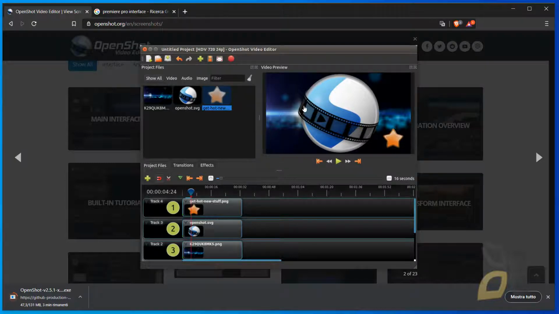Then you have this kind of bigger logo here, or maybe it's a 3D animation with the transparent background. And then in the background, I have another image, which is a PNG again. So it's a still image. So here you can work with video, audio, images. You can work with multimedia files, with a lot of different formats. And so this is just an